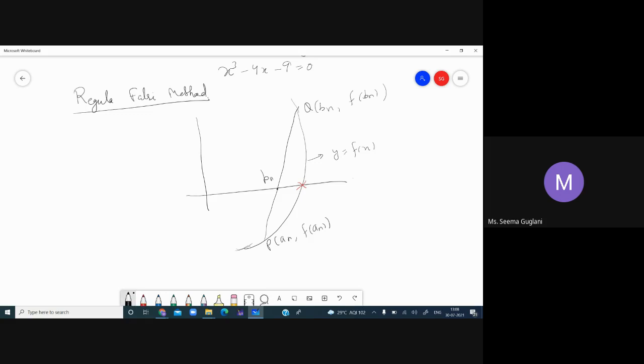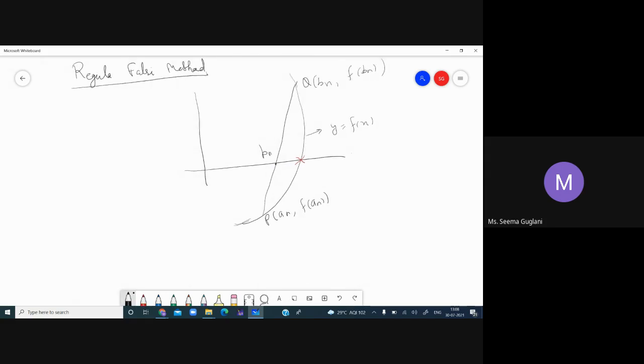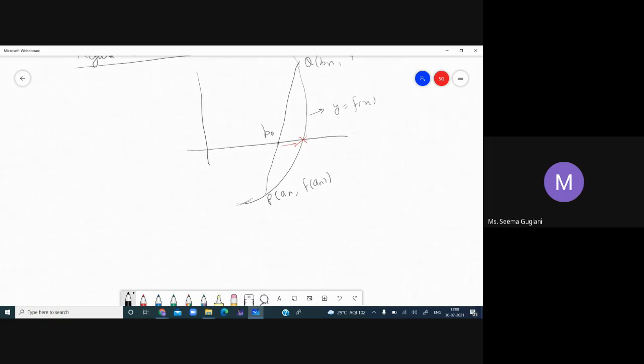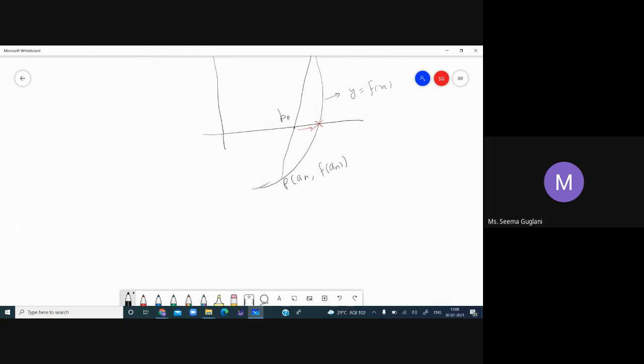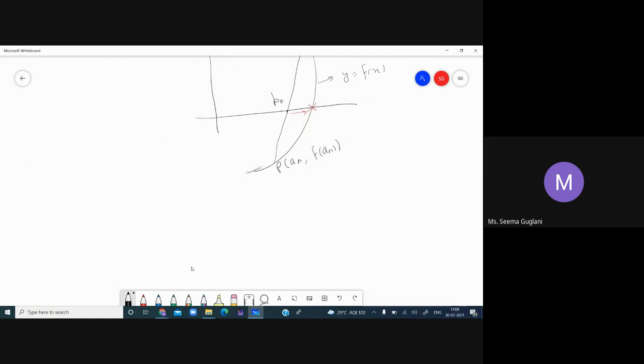So what we will try to do is start with Pn and slowly move toward the exact root. This is my regular falsi method. Is it clear? Now how to find the equation for Pn? Since we have an equation of a chord PQ, we have an equation of a line passing through